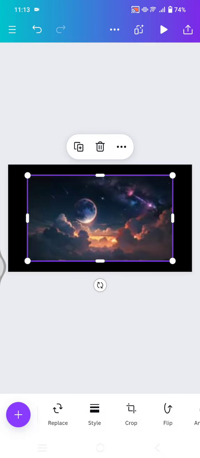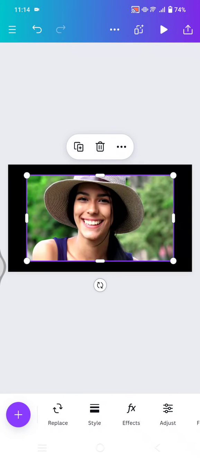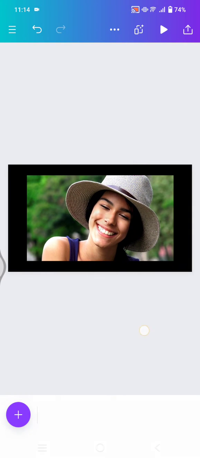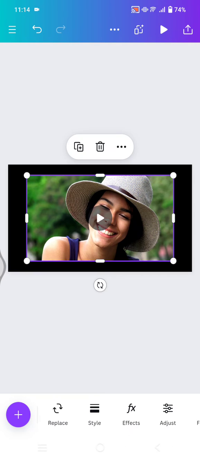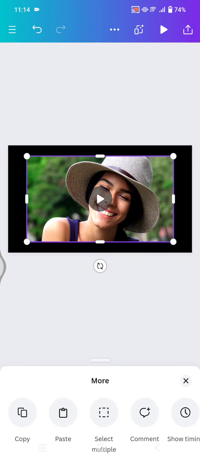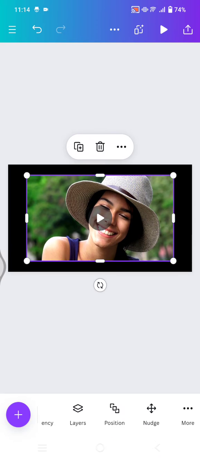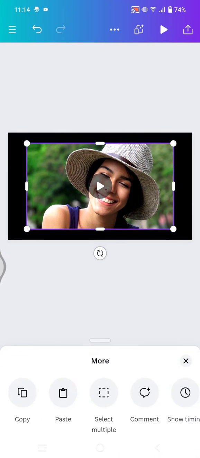For example, I'm going to add this video right here, and to remove the background, just click on the video, and here at the bottom, swipe, click on the three dots icon, and just swipe again, and you'll see, click on the three dots icon,